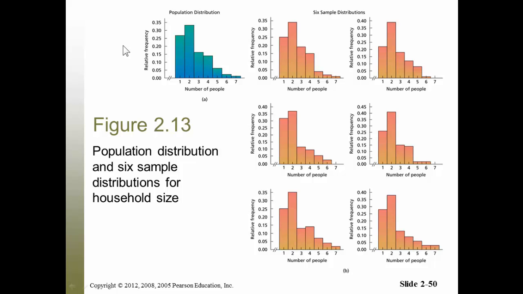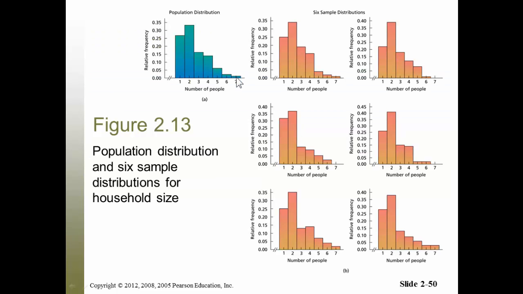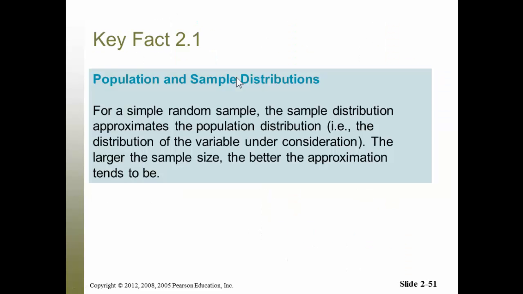Let's look back at the slide before and see what we have. So we have a population distribution of a variable such as household size, and then a sample distribution. And let's look at the next slide. This is very important,